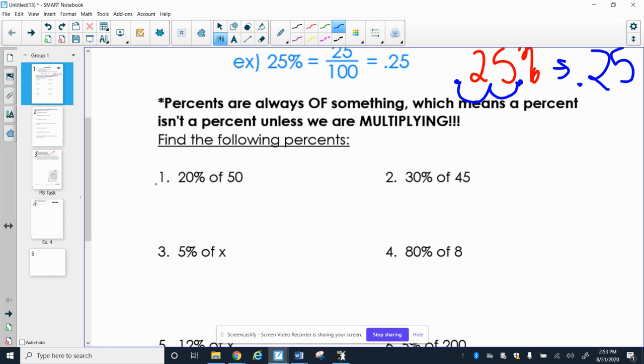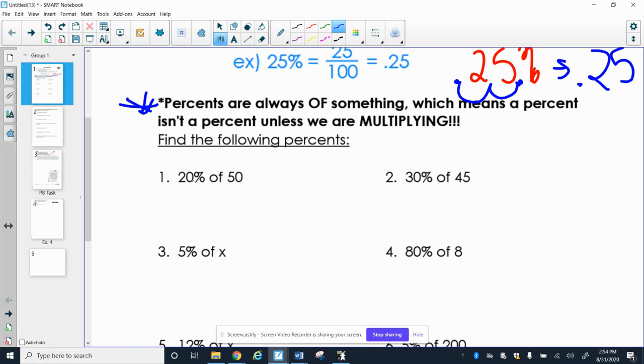Like number 1, it says find 20% of 50. Well, we have an important note up here at the top. Notice there's even a star next to it. Percents are always of something, which means a percent isn't a percent unless we are multiplying. What do we mean by that? We mean if we're trying to find 20% of 50, we're going to take that 20%,